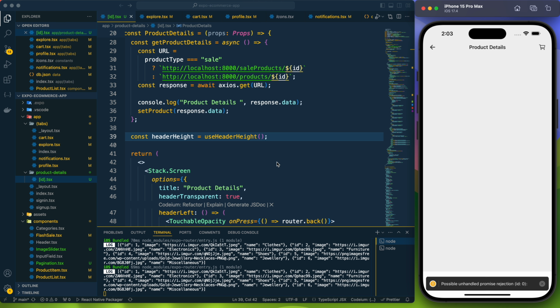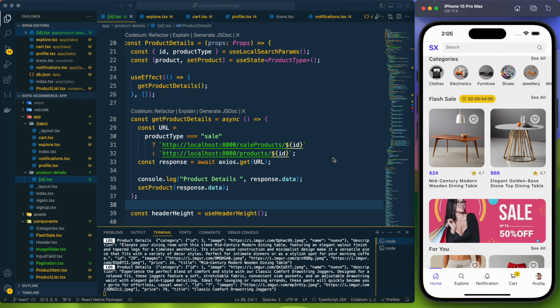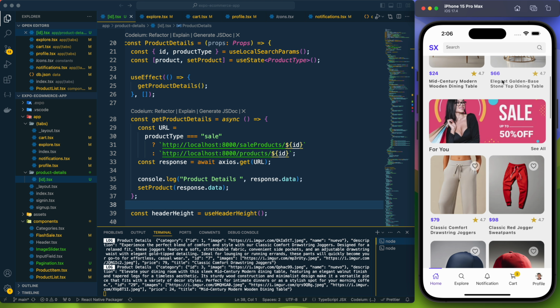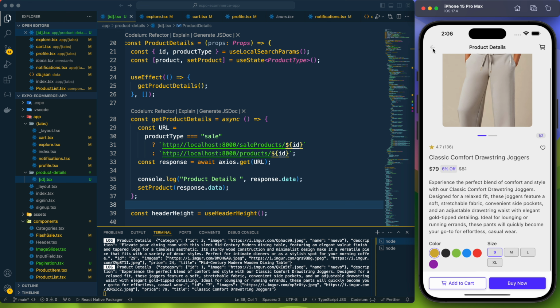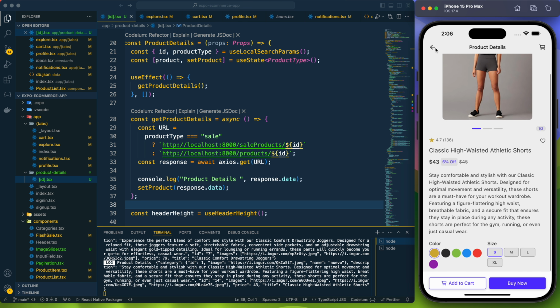Okay, it is a little bit weird. We are done with it, but right now it is not showing the product details. Okay, so now it is working. Let's see. So here it is. Right, so it is working for every product right now perfectly well,